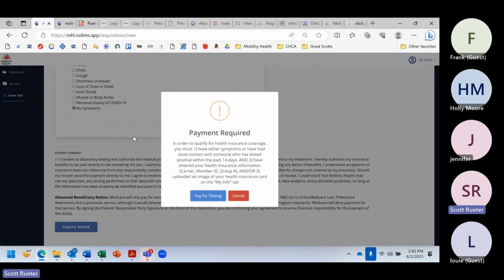So if there are folks out there that don't have insurance and they're really that interested in getting tested and they want to pay for it, they can. We charge $99 for the test. They can click pay for testing here and put their credit card info. I don't see that happening, but that's what would cause this error or this payment required to come up,